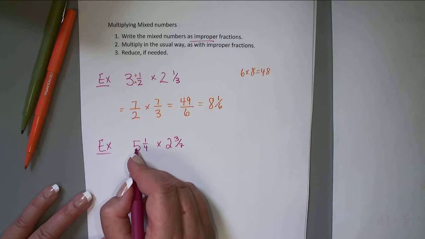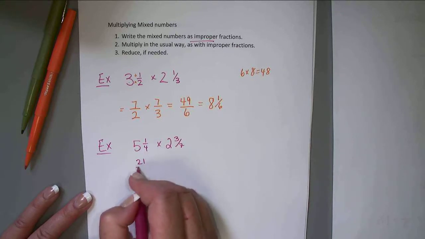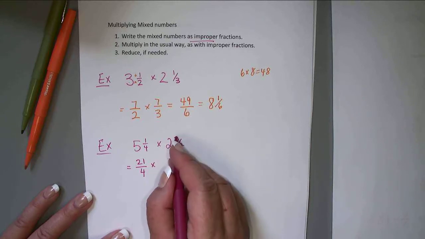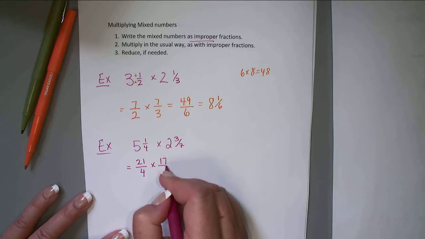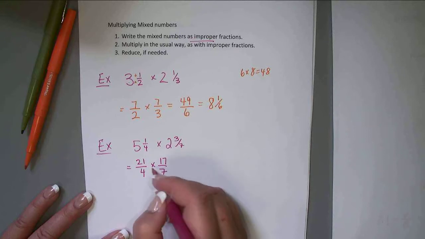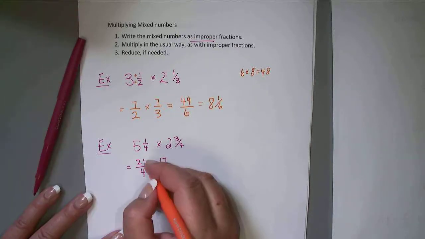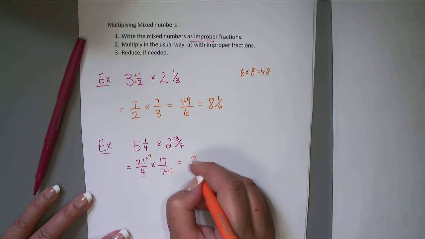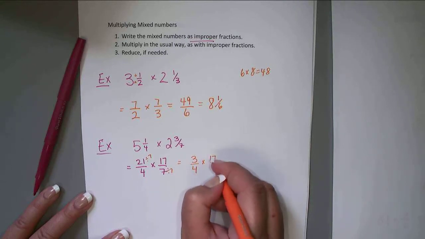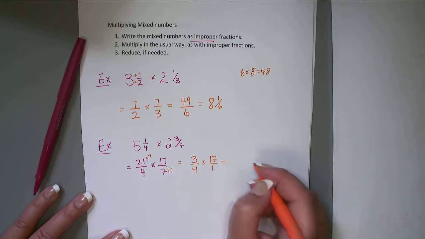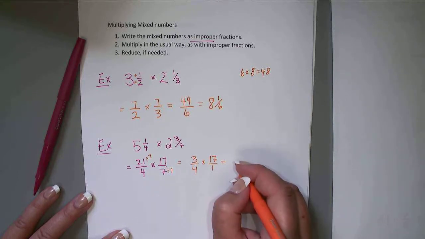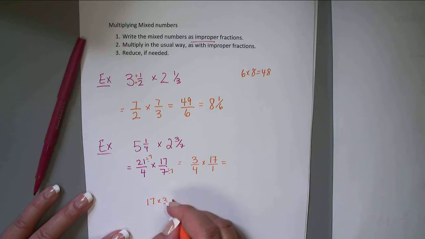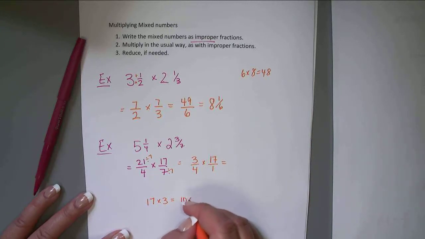So 5 times 4 is 20, plus 1 is 21. 7 times 2 is 14. 14 plus 3 is 17. I notice the 7 and the 14 can be reduced, both by 7. So this will be 3 over 4 times 17 over 1. 3 times 17 is 51. Let me just show you that. 17 times 3 is 10 times 3